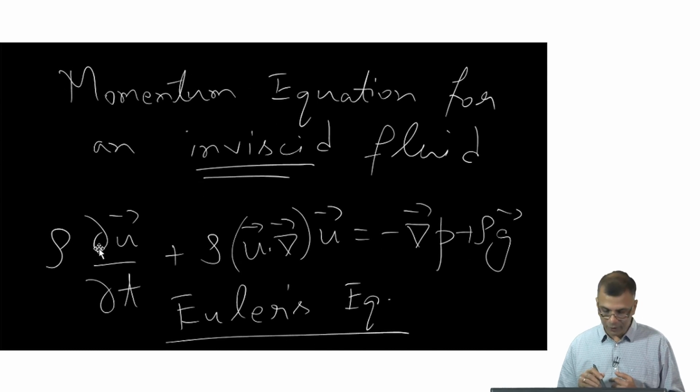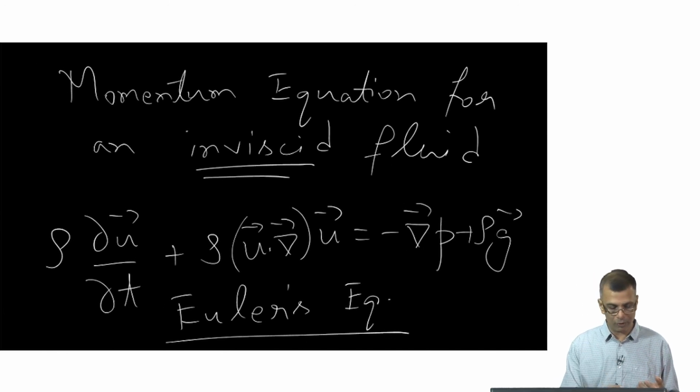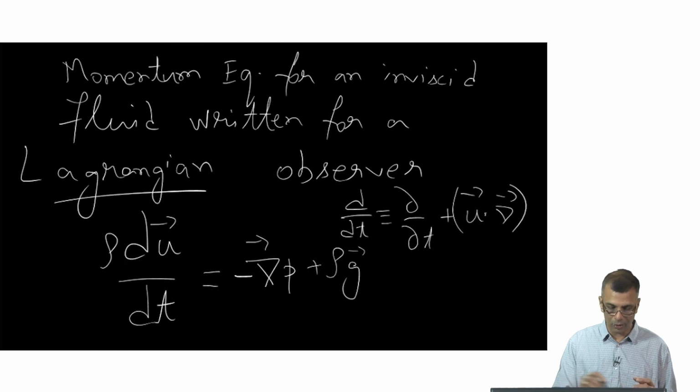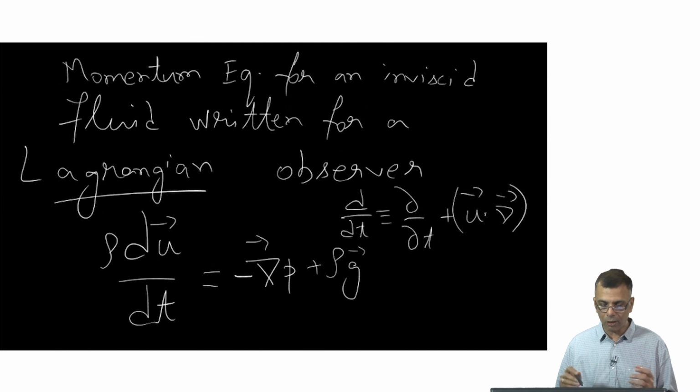You can arrive at the Euler equation written in the Lagrangian frame, in other words, in the frame of an observer who is moving with the fluid, by drawing the analogy between the partial derivatives and the straight derivatives like this. You can use that on this equation,